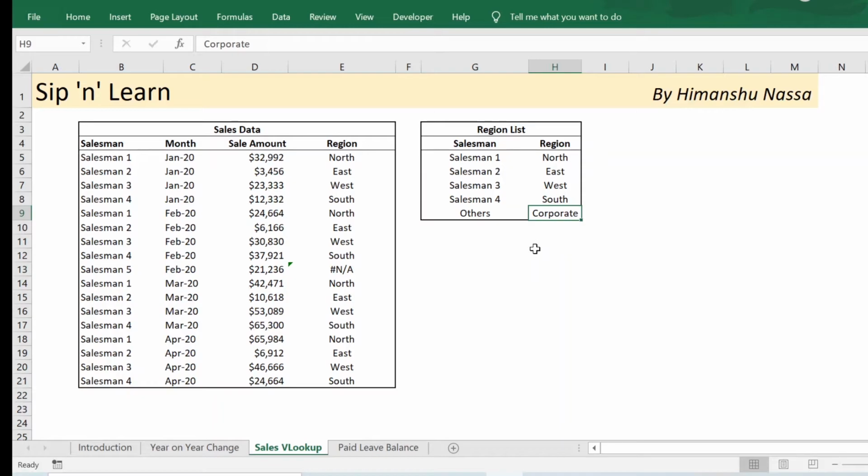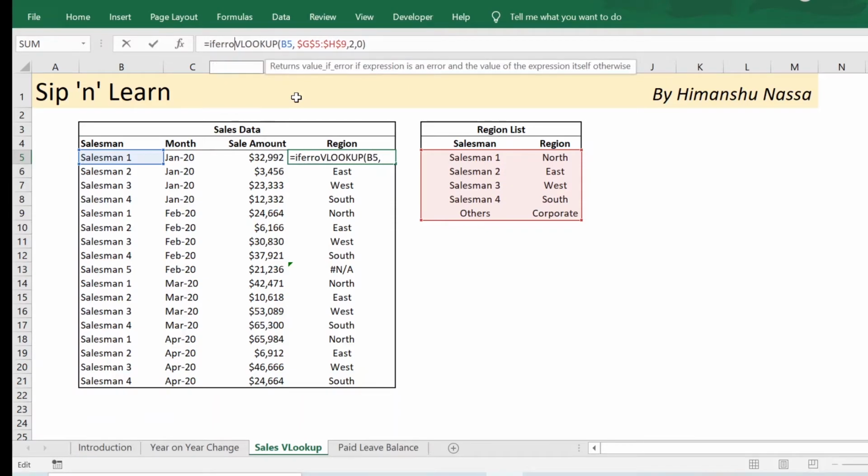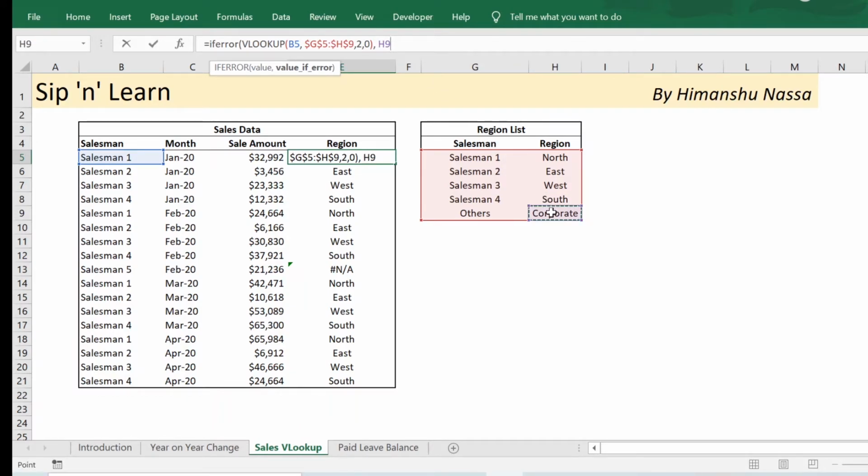We could do this using the IFERROR formula again. If this VLOOKUP yields an error, I'll retain the VLOOKUP as the first argument of IFERROR, and the second argument would be the default value, that is corporate, which would come up for all the salesmen other than salesman 1, 2, 3 and 4.